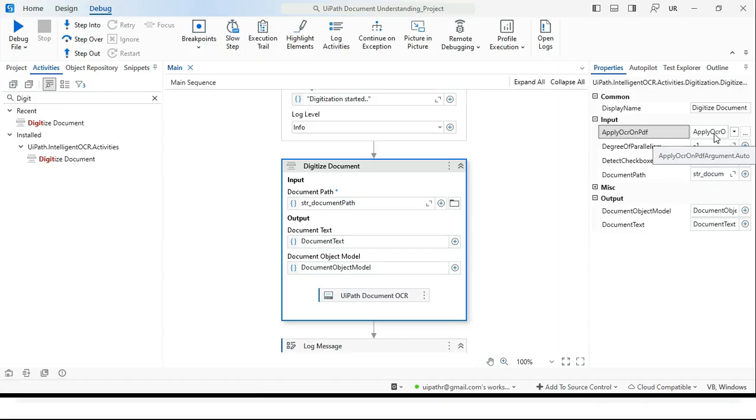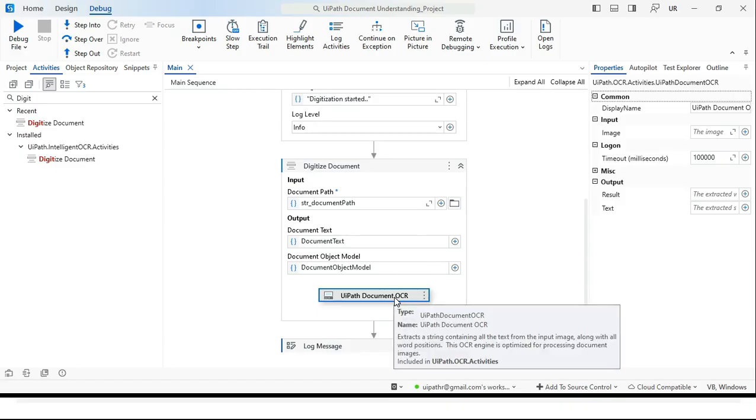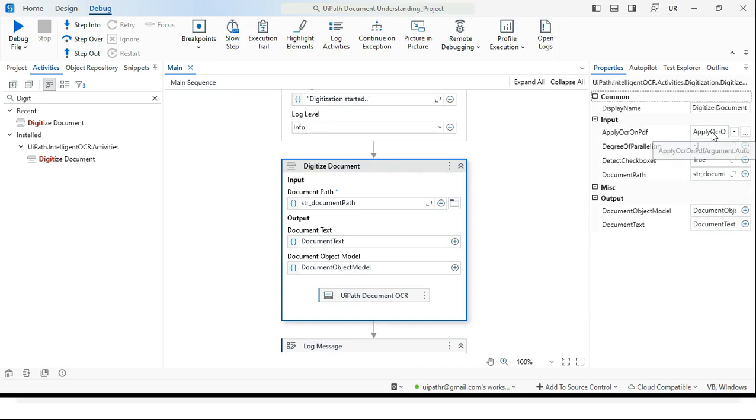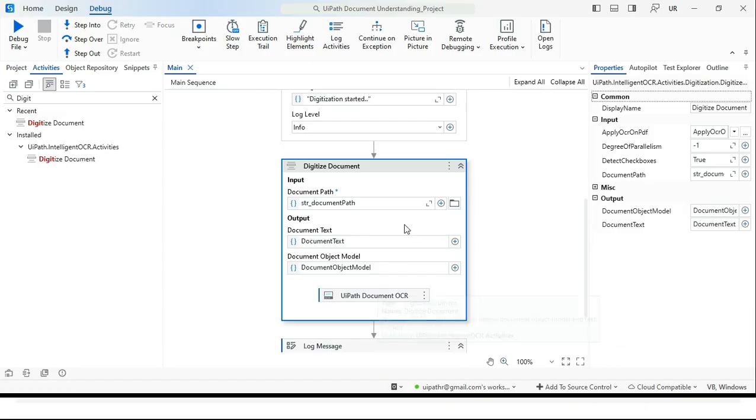If you set it to No, this engine will not be applied to that document, and it can give you wrong details if that PDF is scanned or is an image, right? So UiPath recommends using Auto always. Let Document Understanding decide whether it has to use the OCR engine or not.